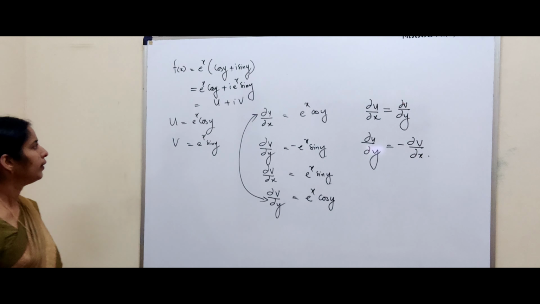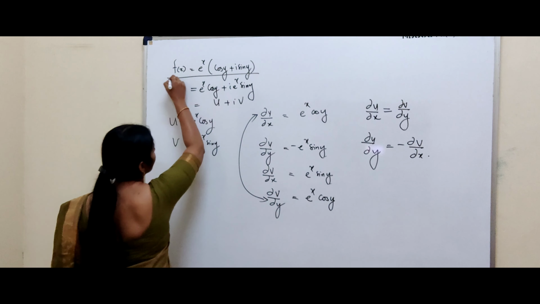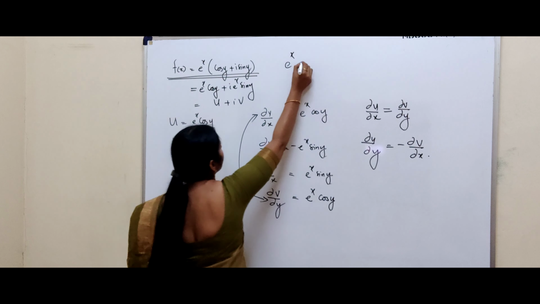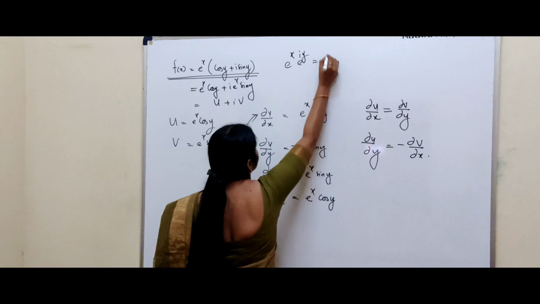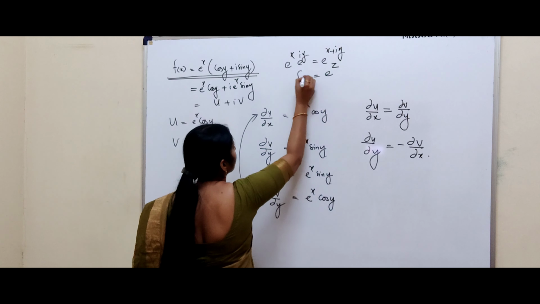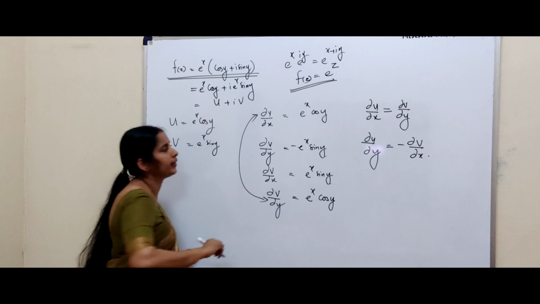Really, the given f is e raised to x into, what is this one? It is e raised to iy. See, this is e raised to x plus iy. See, what is x plus iy? z. See, the given function is e raised to